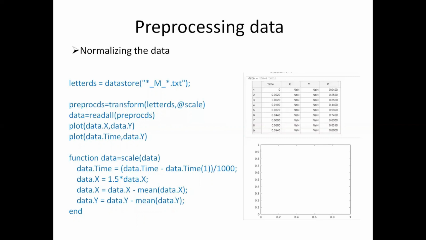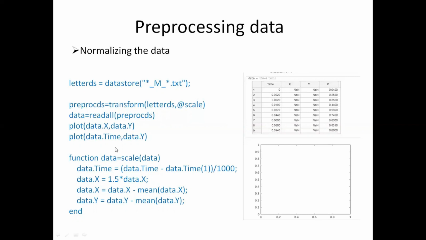We write it as data.x equals data.x minus mean of data.x. So we are shifting the data by its mean value. Same thing we are doing for the y-axis position also.